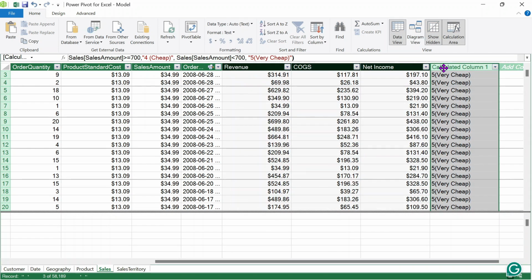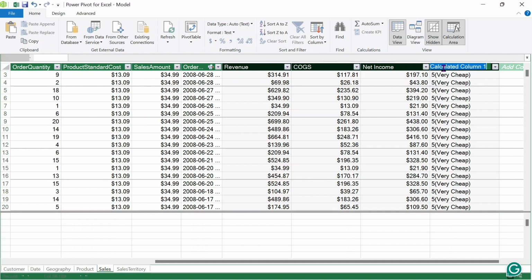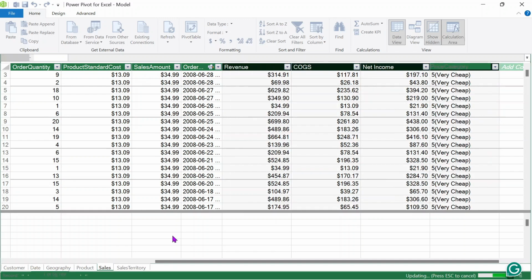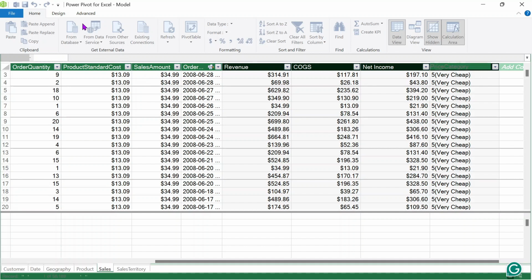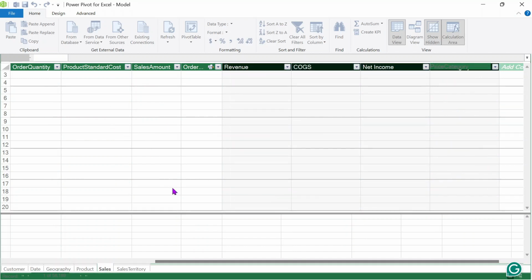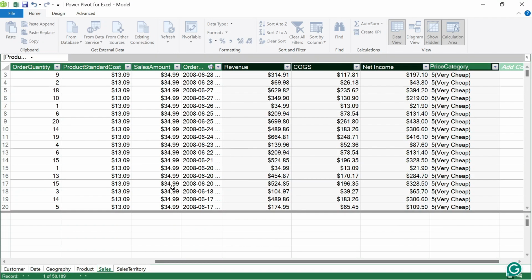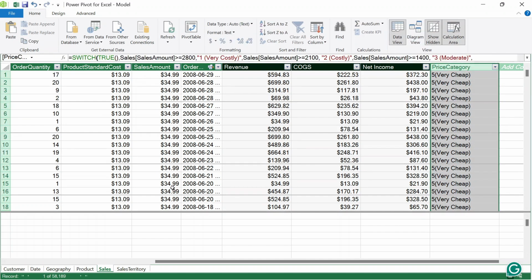Let's rename this column Price Category. Let's save it and go back